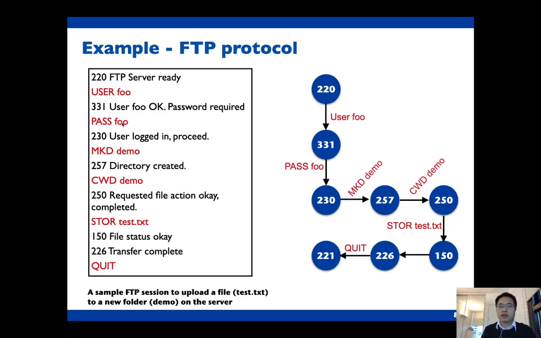You can see that the response codes and their order on the left hand side here are captured very well on the right hand side in the state machine. And AFLNet can automatically generate more message sequences from the sample sessions, and the state machine will be dynamically populated. More nodes will be added, more transitions will be added.